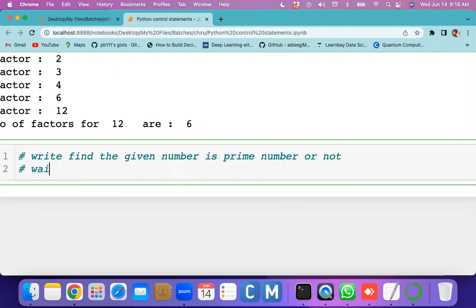Write a program to find prime numbers between 10 to 30. So what are the prime numbers between 20 and 30?